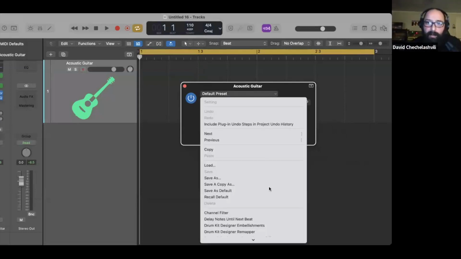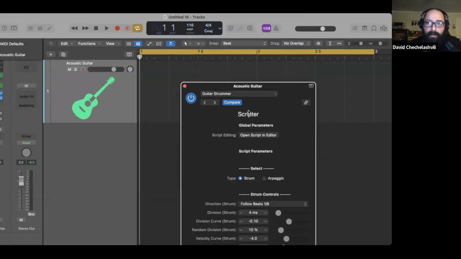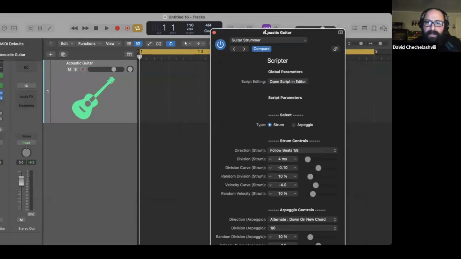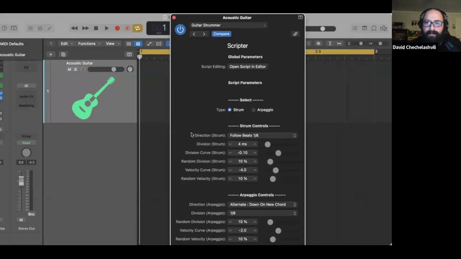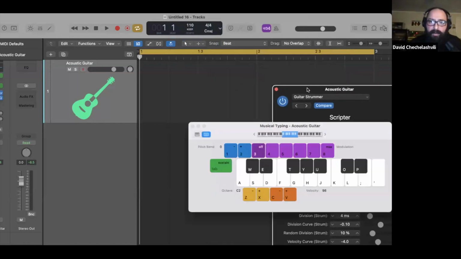But it's actually got a bunch of really interesting presets here, and Guitar Strummer is one of them. So if you bring up the Guitar Strummer preset, it's got some controls, very ugly looking, set on this gray background, so no GUI really. There's two types of things you can do with the sound. You can strum or you can arpeggiate. And so right now we're on strum, and if I bring up musical typing again,